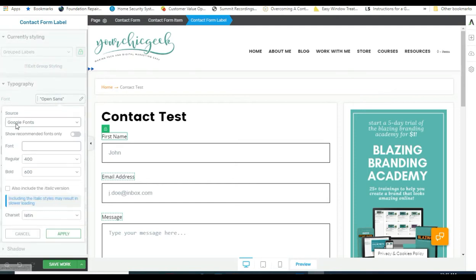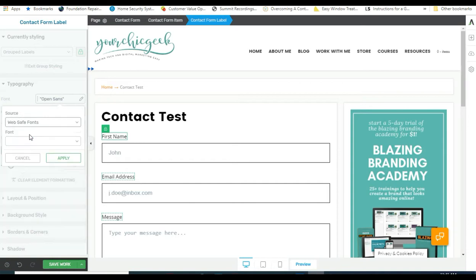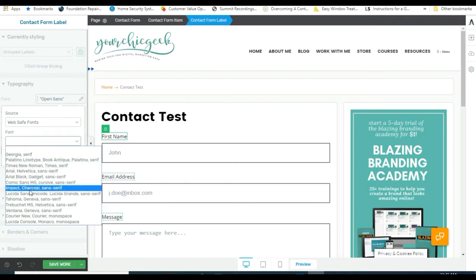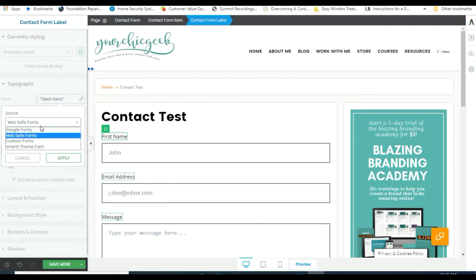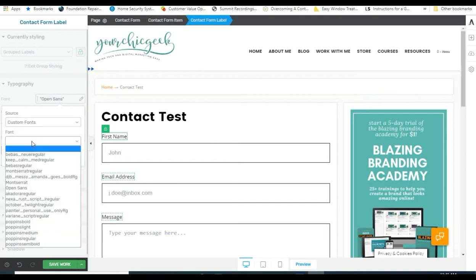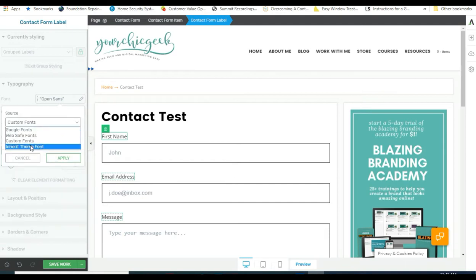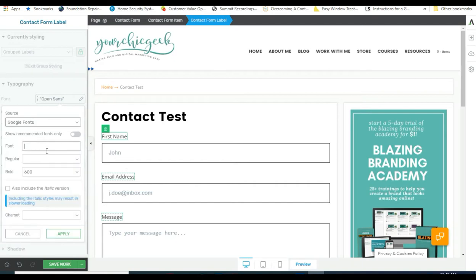And there are 3 different sources that you can choose from to change your fonts. You can choose Google Fonts, or website fonts, which is going to give you some default fonts, and I never really use this because I don't like any of those fonts. You can install custom fonts if you have those, and you can inherit the theme font that you're already using. So what I'm going to do is go to Google Fonts,